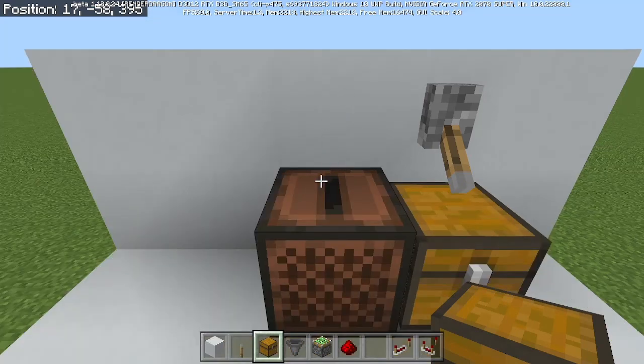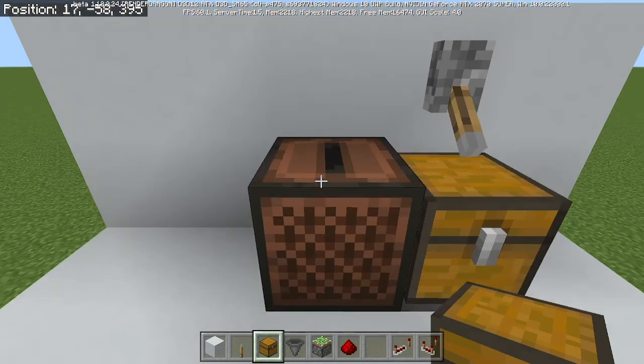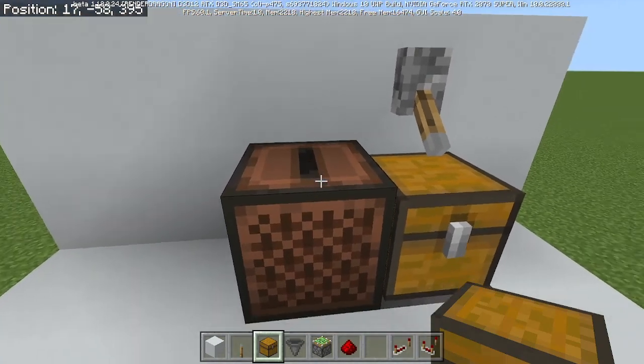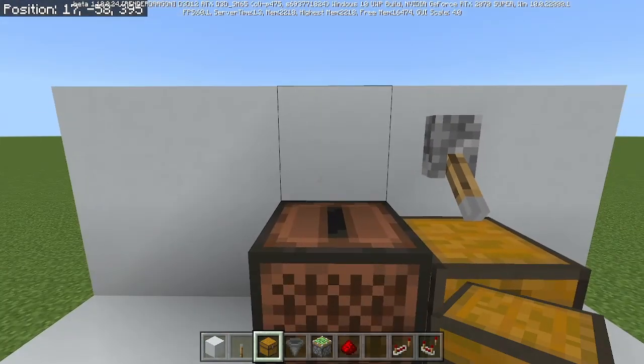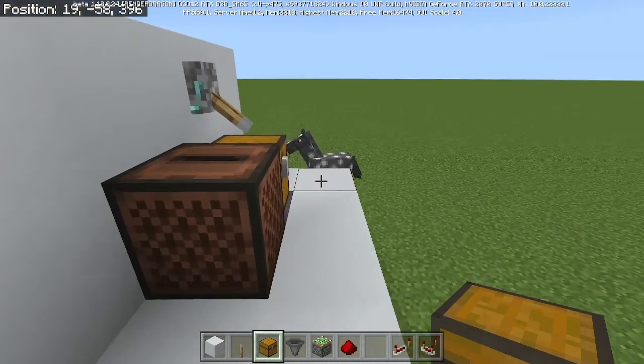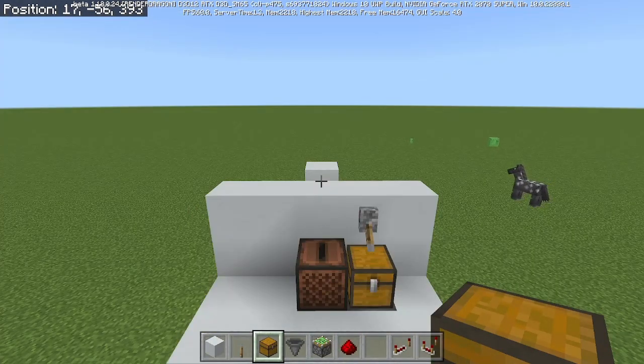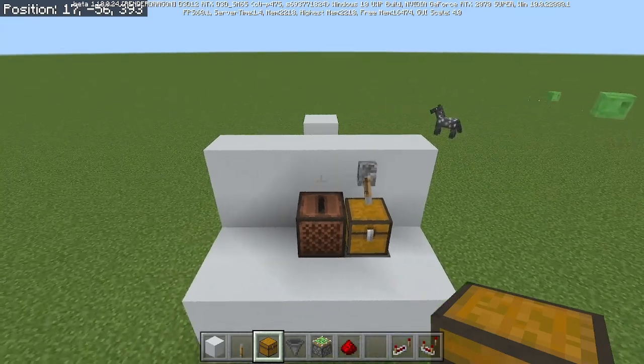Alright guys, I think this record is about done. So we're going to see what happens when it winds down and switches to the next one. As you can see, guys, the record switched on its own while it's turned on.